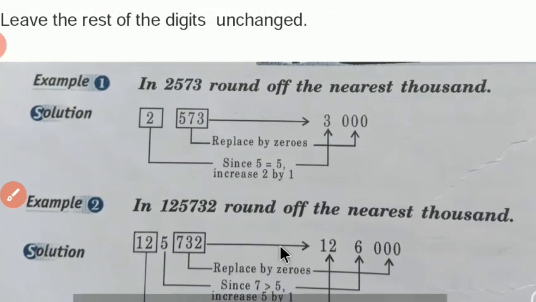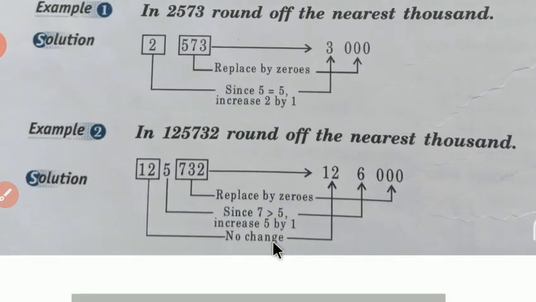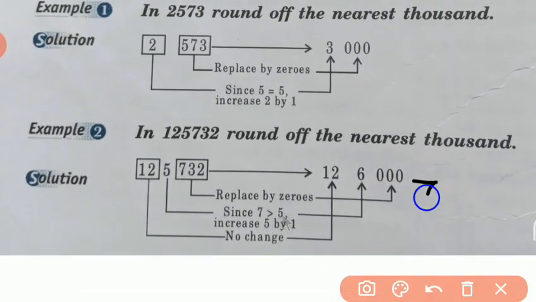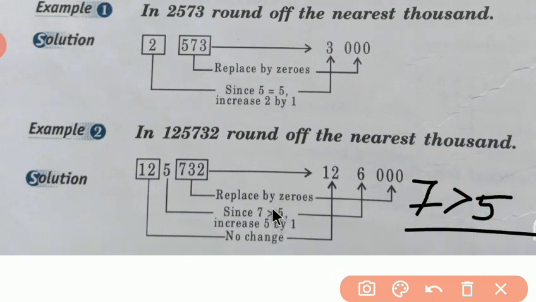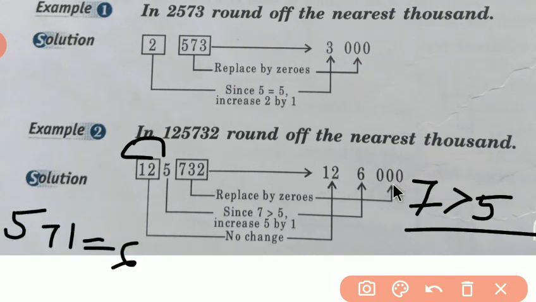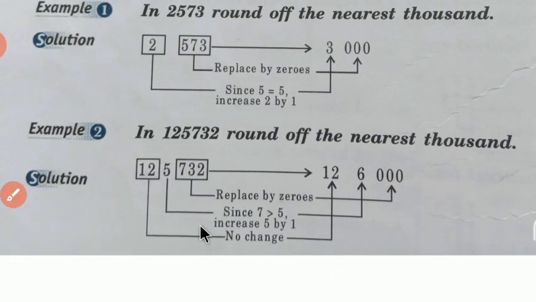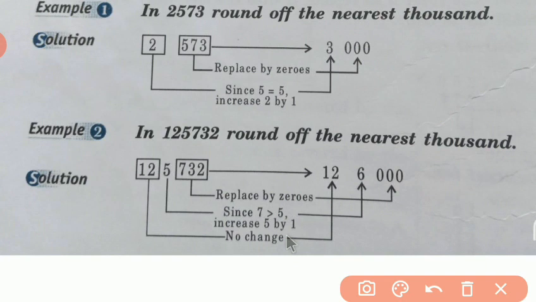7. Since 7 is greater than 5, we have to compare with 5 every time, for tens, for hundreds and so on. Since 7 is greater than 5, we have to increase its thousands place by plus 1. So 5 plus 1 is 6. So you can see that in place of 732 we have written 3 zeros, and 5 plus 1 is 6, and 12 will be as it is. There will be no change. So 1,26,000 is near to